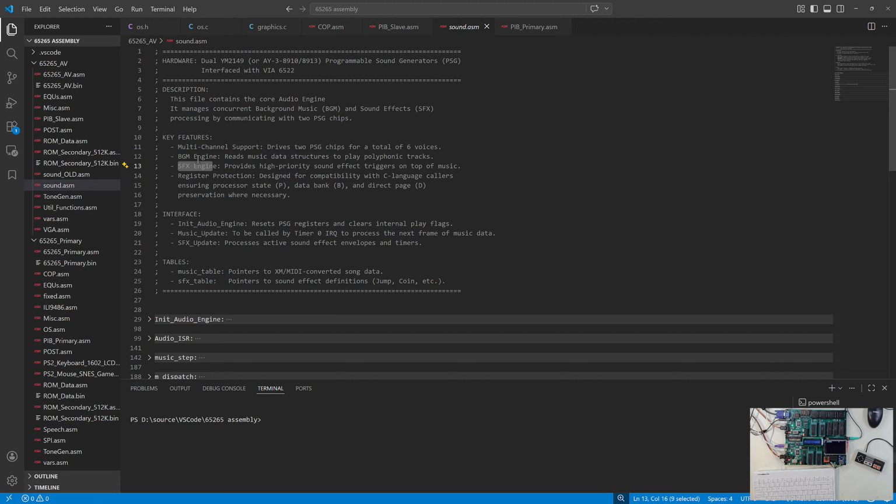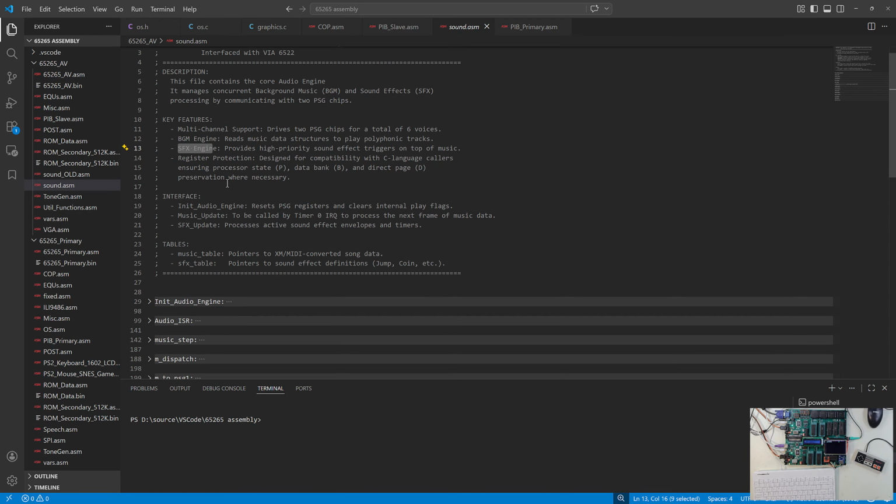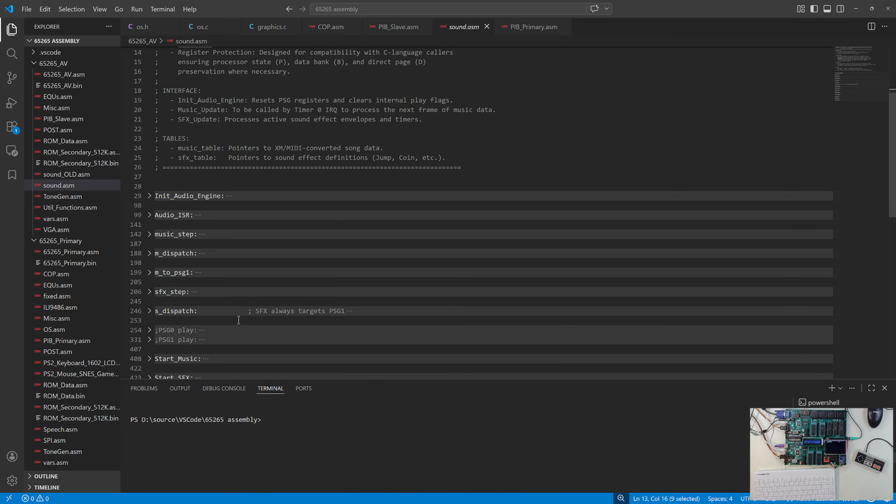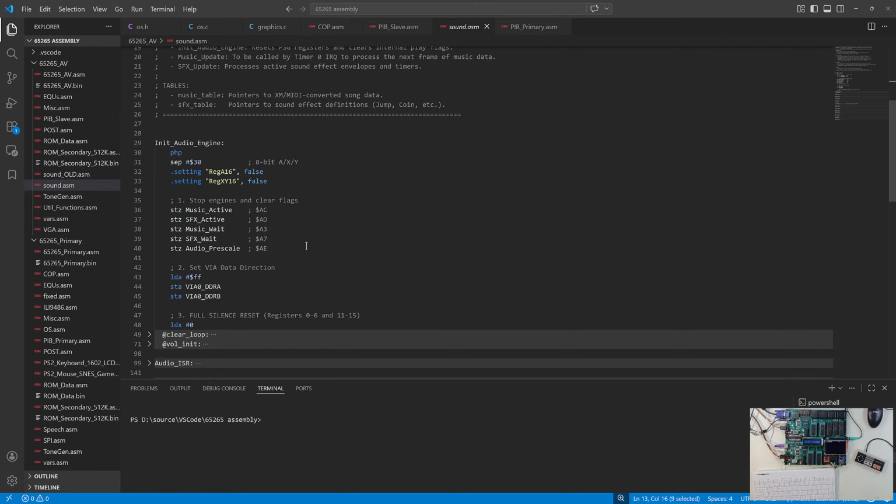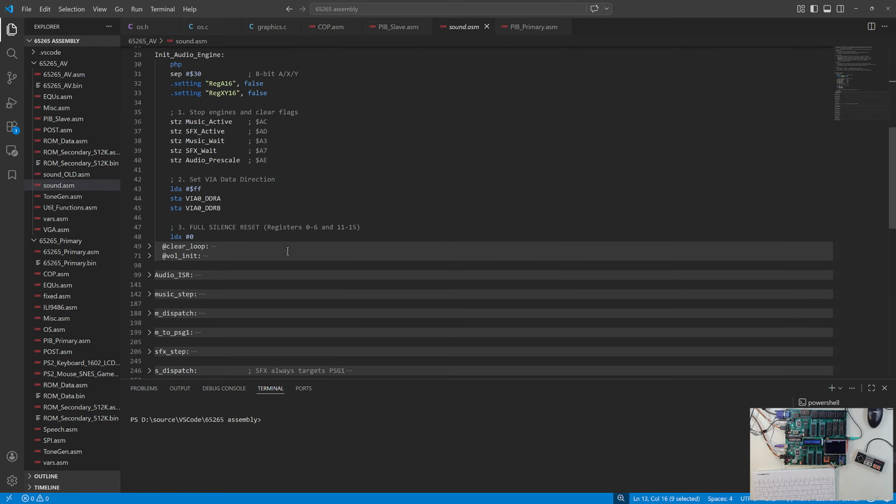And if I want, the background music could use all 6, but I'm trying not to, so that when I play sound effects, it doesn't trash the music that is trying to play at the same time. But if I had like some intro music to a game or something and I wanted all 6 channels, I could do that. Now in here, then I have initialization code, and I have to, of course, initialize like the